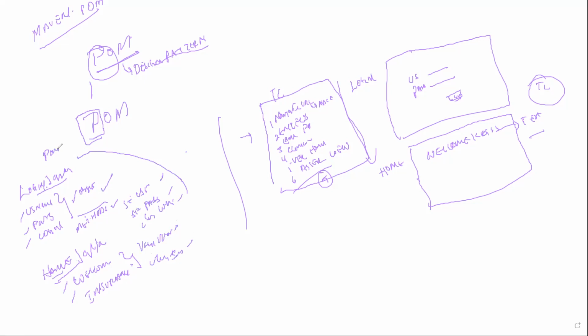Page object model is nothing but whatever operations you perform on a respective page. First you take all the objects present in that particular page, and whatever the respective methods of that page, you define them in the same class. Now what is the advantage of this? If there is any change in this page, we will directly come here and change the username, or directly change this method. Now at the test case level, in test case 1, test case 2, and test case 3, I want to access this particular class's objects and methods. What should I do here?